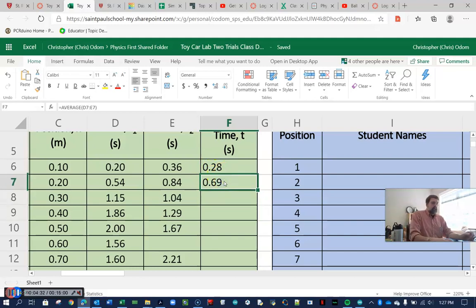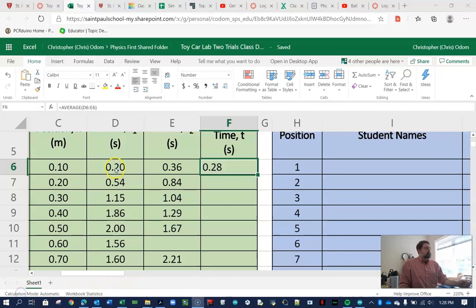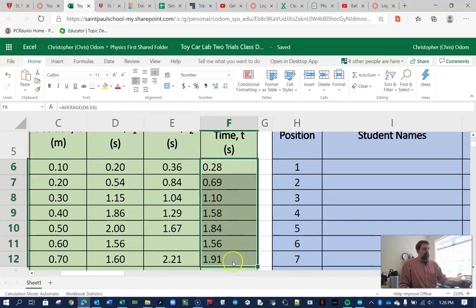Once you get one equation done, and notice that my data is in a line like this, neatly set up in this nice data table, what I can do is click on this bottom right-hand corner. You see there's a little tiny square there, and my white arrow goes to a little tiny black arrow, like that. If I click on that corner, I can then drag it down,